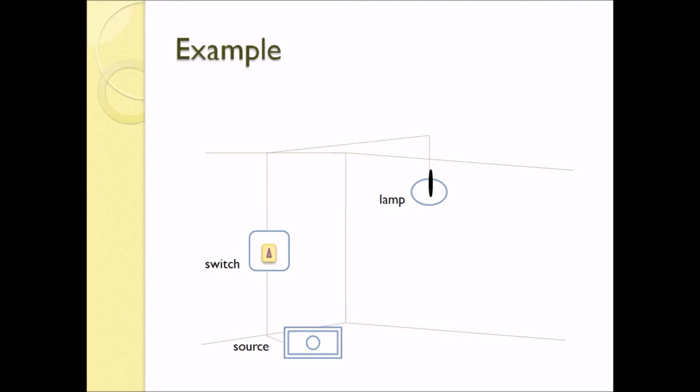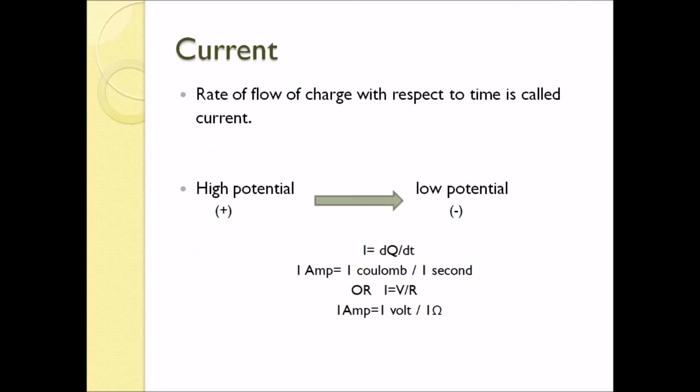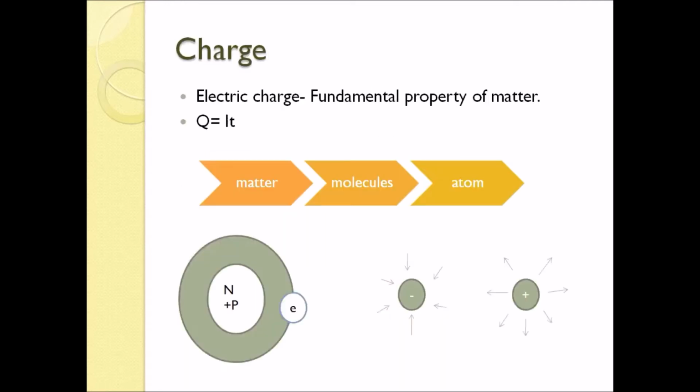And the appliances which we use to utilize the electricity, like lamp, fan, cooler, etc., come under the application part. And the switches which are used to turn off and turn on the electric appliances will work as a control unit. So with this small example, we can understand the importance of these elements of electricity.